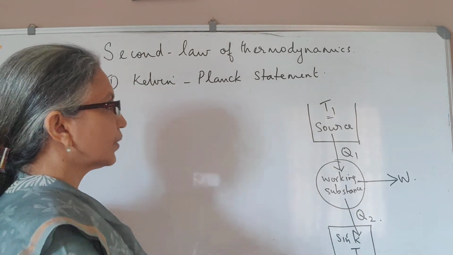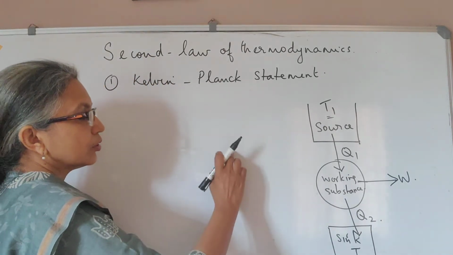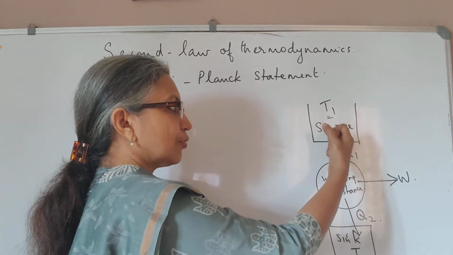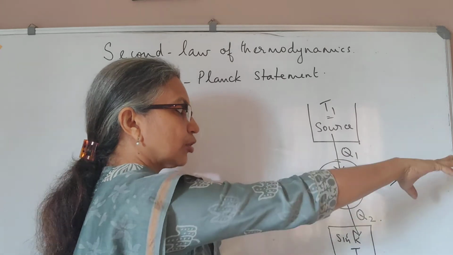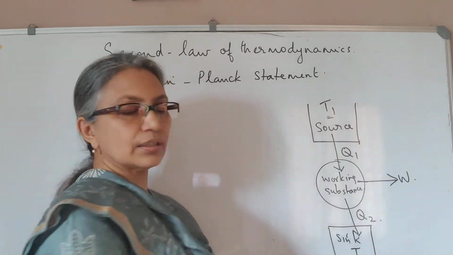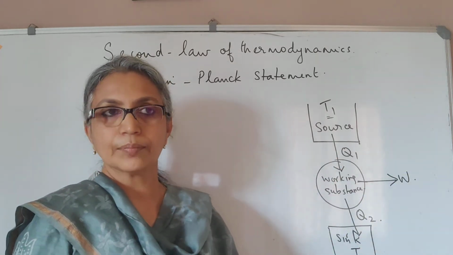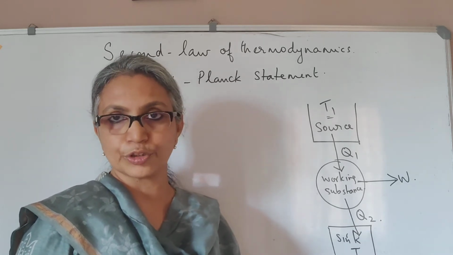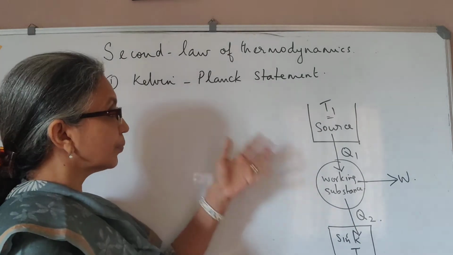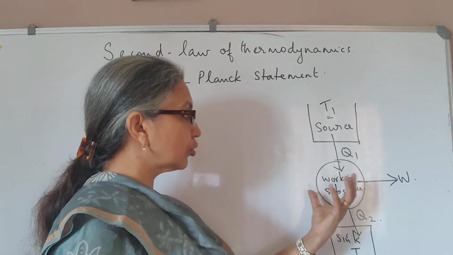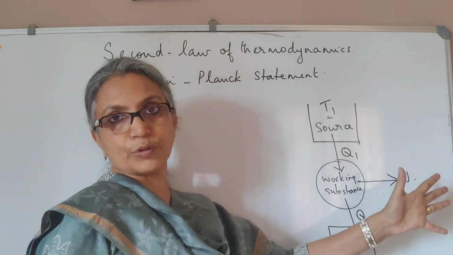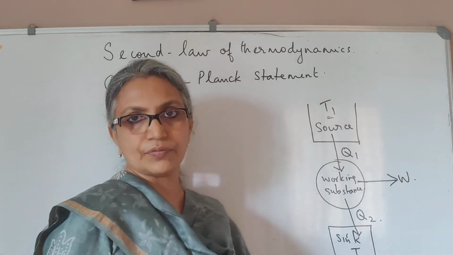Now, Kelvin-Planck statement states that heat engines, as you know, take up heat from the source, convert part of it to useful work and reject the remaining heat to the environment. But you know that heat engines or automobile engines are not 100% efficient. So Kelvin-Planck, that means you don't have an engine that converts all of the heat absorbed to useful work without rejecting anything to the environment.